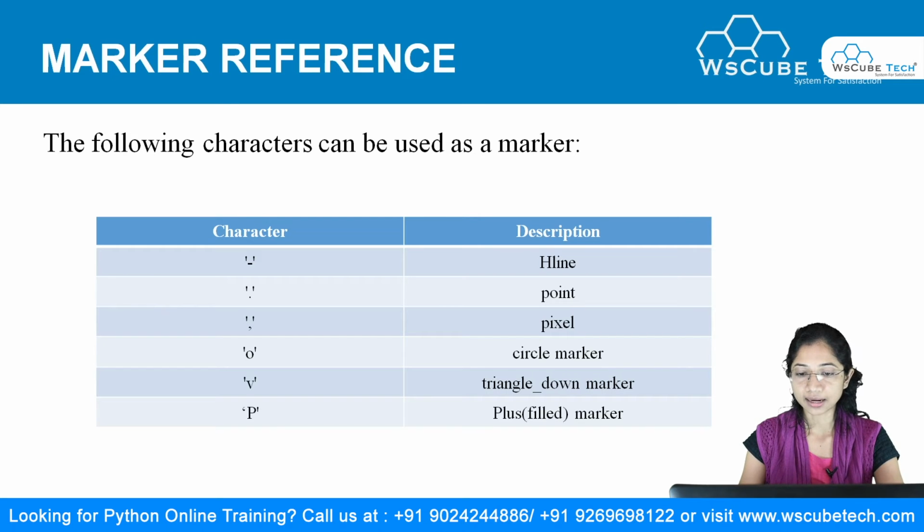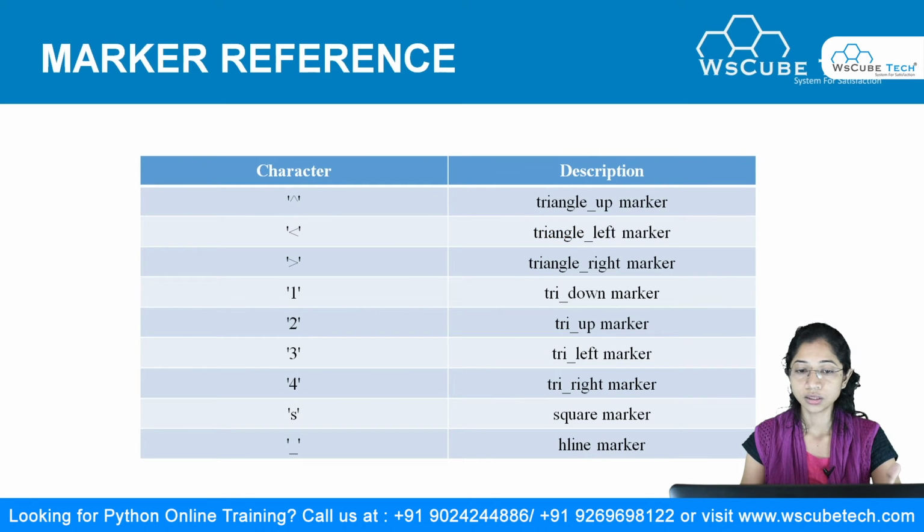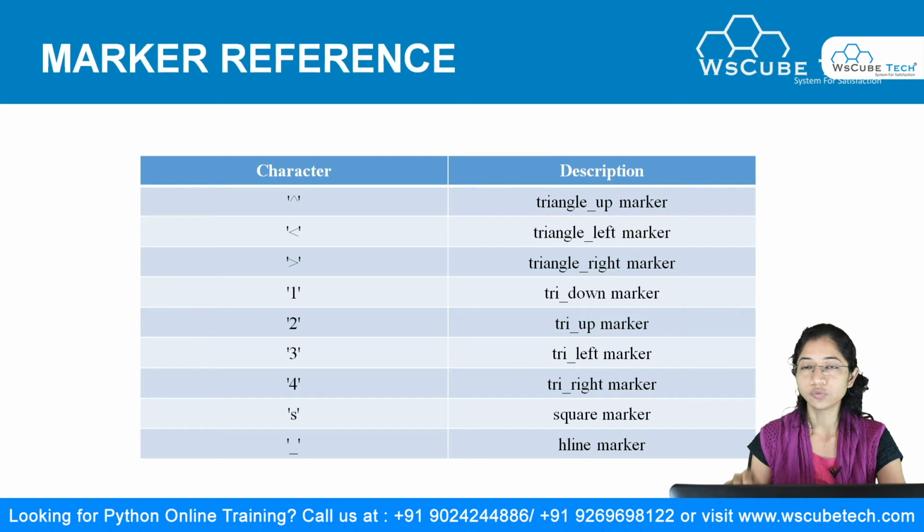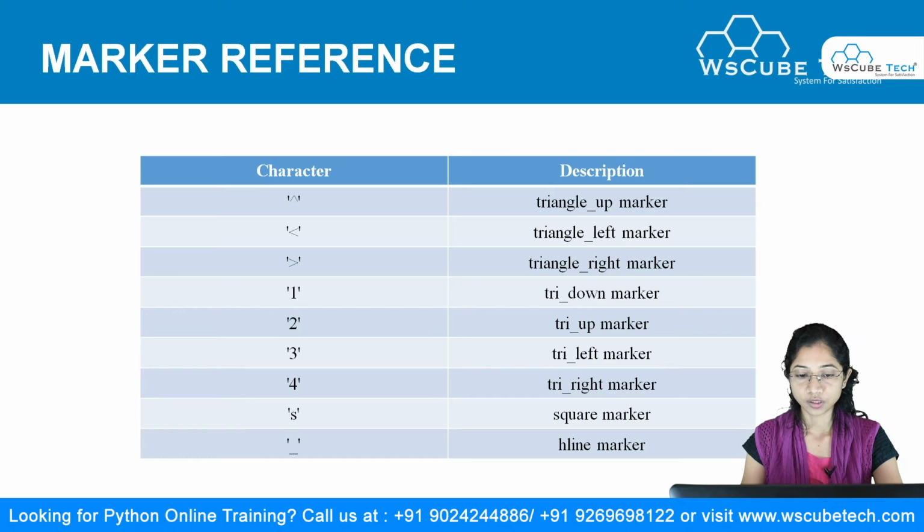You can see that I have just made use of this circle marker. Then we have V, which gives you a triangle down marker. So you can just write out all these things. I will go to the next slide. These are all the markers provided in the matplotlib library. You can see that one stands for the triangle down marker, so you will get a triangle shape as a marker. Then we have the small s as the square marker.